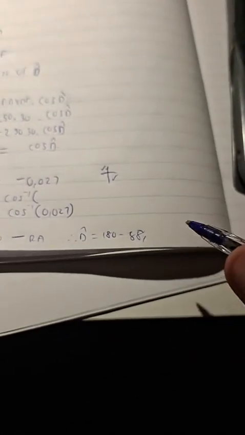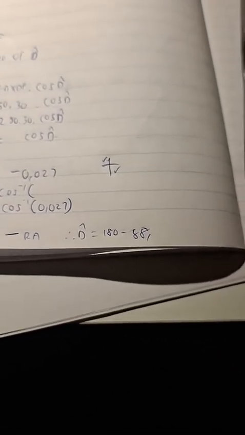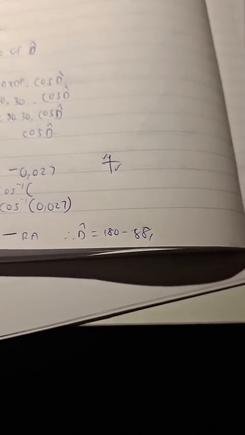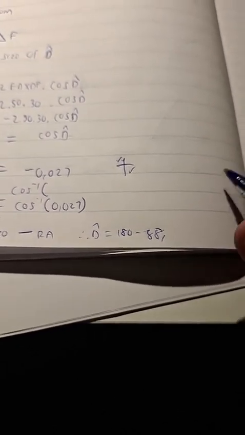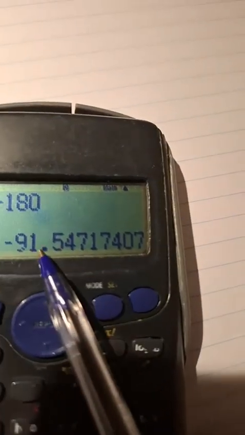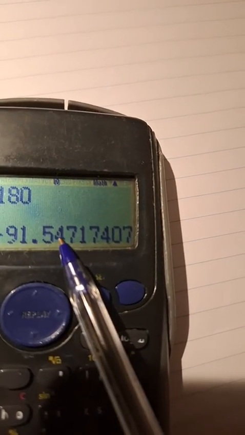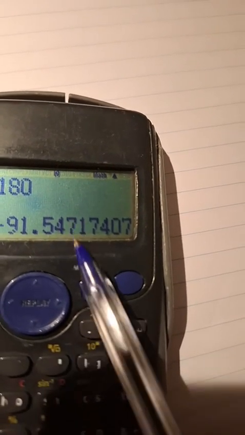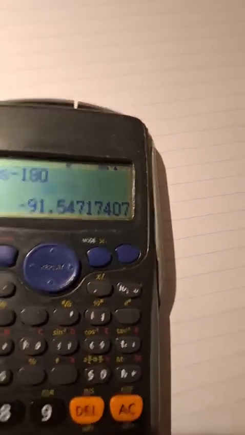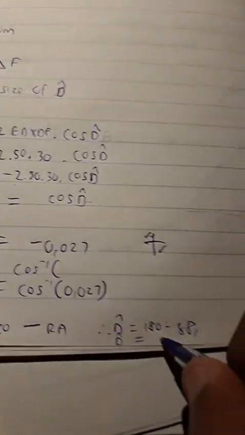But I write down the entire decimal, not rounded off. So then angle D is going to be equal to 91,5. This 7 says go up. Okay, 2 decimal places, so it's 91,55